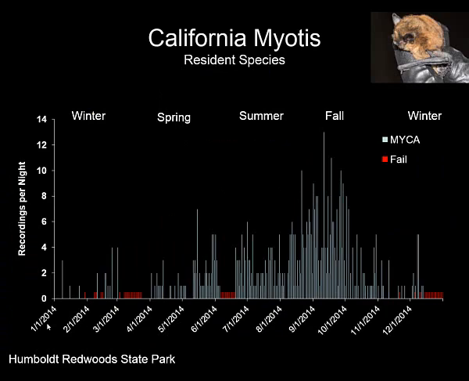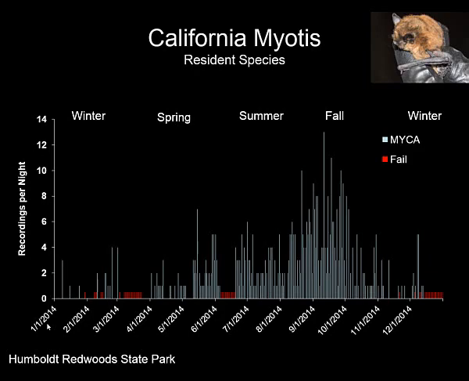And the basic data that we get looks something like this. So the dates within the year are on the x-axis and the number of recordings that we got for that particular species is on the y-axis. There are some red marks in there, and this is an inevitable part of having technology in the field: occasionally these detectors fail. But that aside, we can see that for this particular resident species, the activity levels actually peaked in the fall period, but that this species was fairly active in our area throughout the entire year.